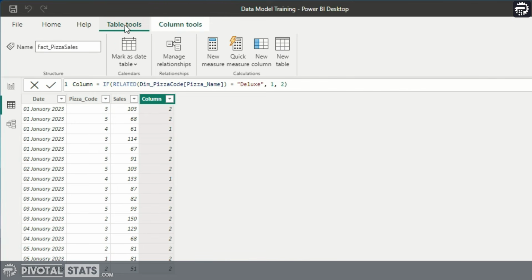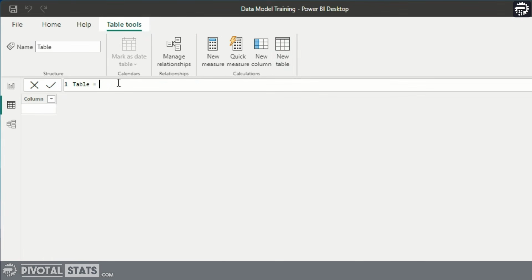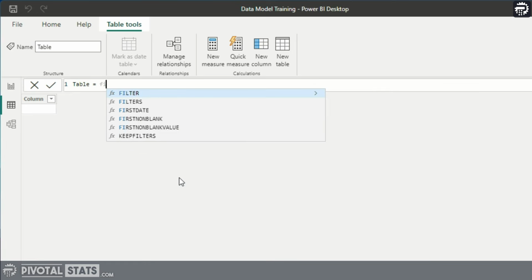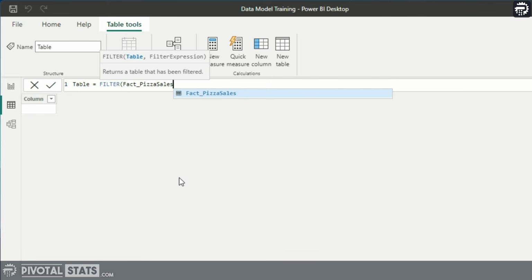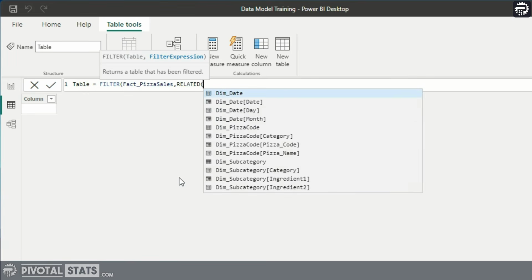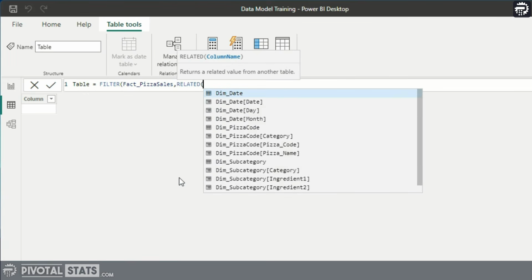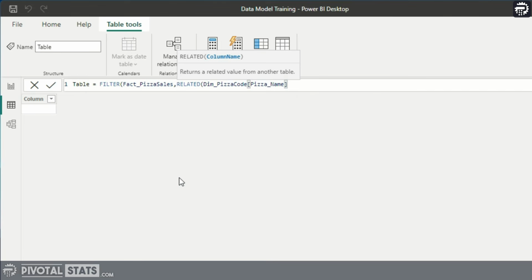Okay, so let's do that. I'm going to go to Table Tools here at the top, and I'm going to create a new table. In this new table, I'm going to write a DAX function called FILTER. What FILTER does is it returns a table with certain filters that you apply. So I need it to return the pizza sales table, the entire table, and the expression being RELATED pizza name equal to